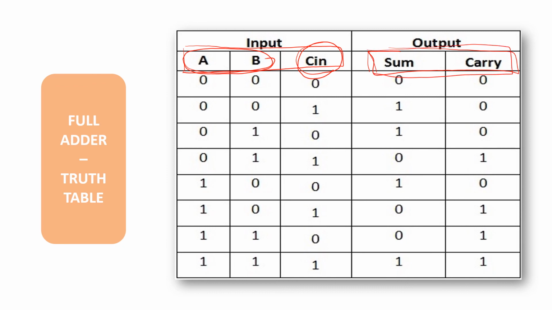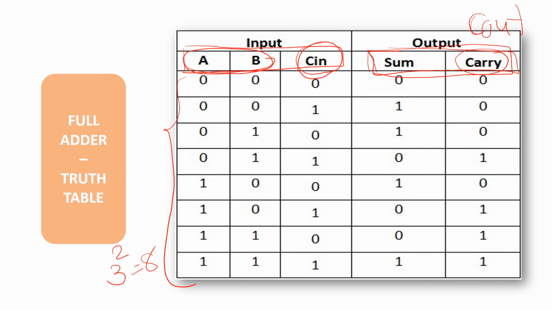So here I can write C out instead of the carry. Okay, so how many total inputs do I have? 3, and 2 raised to 3 combinations, so total input combinations would be 8. So here I have total 8 inputs, right? Different combinations you can write for the 8 combinations of 3 bits, and you need to perform this operation.